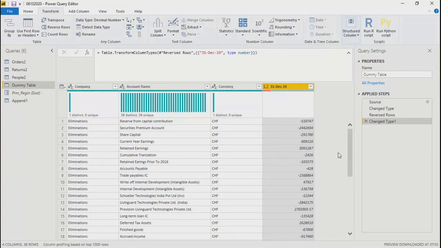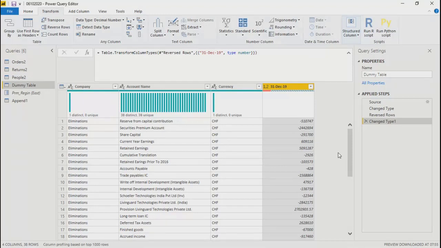Let me tell you, if you are getting data from any database, like SQL Server or maybe Oracle, then you need not worry about the data types, because in databases your data will definitely be in the required format, and you will get the same thing over here. But in cases where you are connecting to data from a CSV file, Excel file, Notepad, or log files, what will happen?